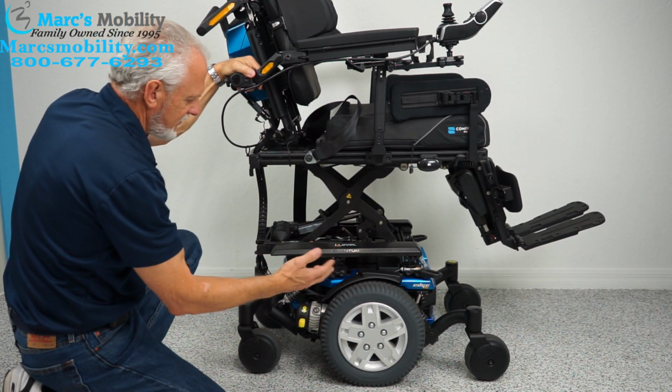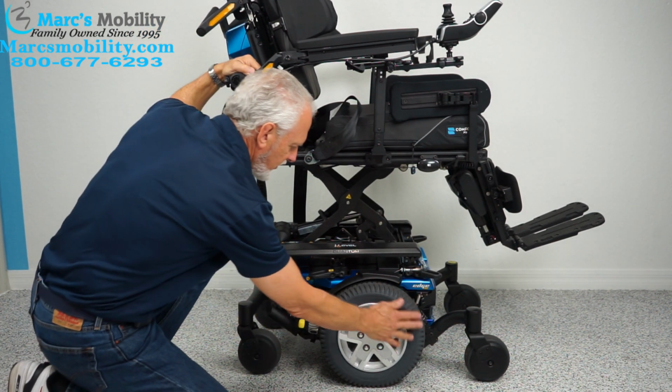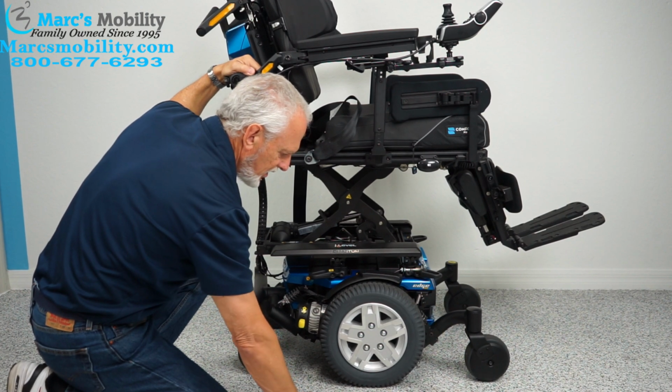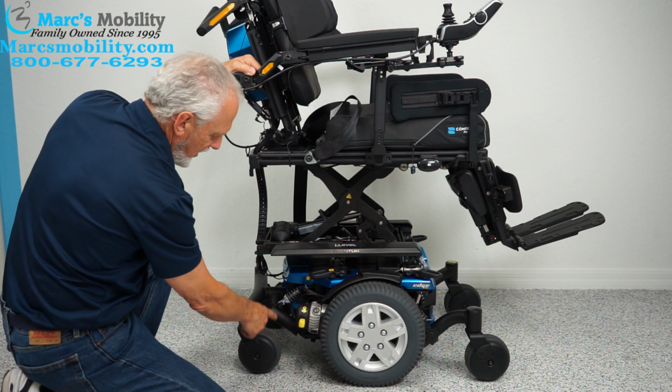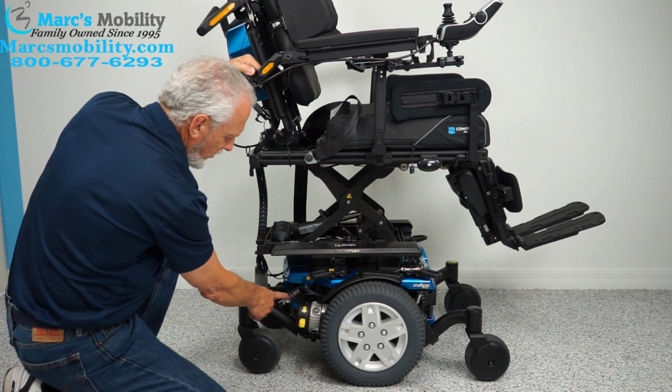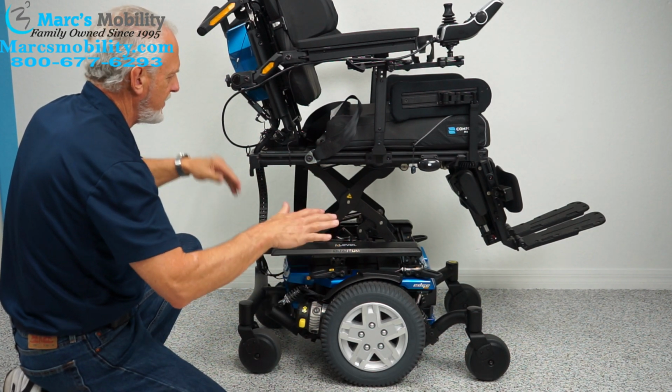And if you look at the base, it's a gorgeous base. Beautiful blue color. We have 14-inch non-marking wheels. They will not mark your floor. Caster wheels in the front, caster wheels in the back. You can see the suspension. There's 4 of these shocks all the way around, 1 in each corner, which give you a really good suspension,